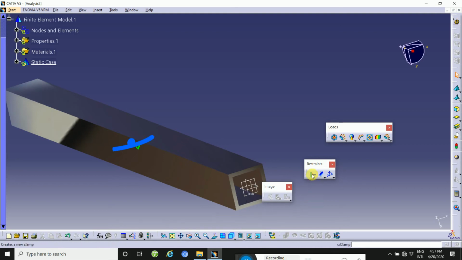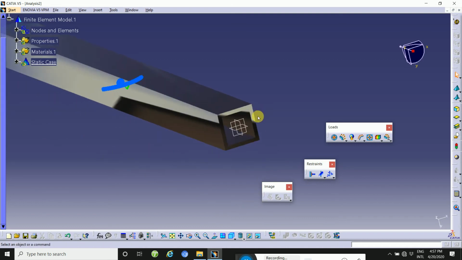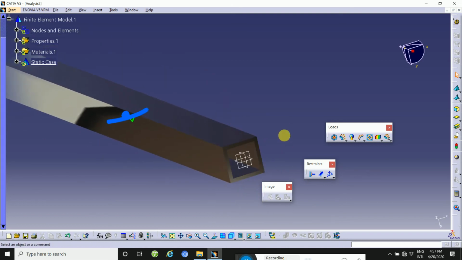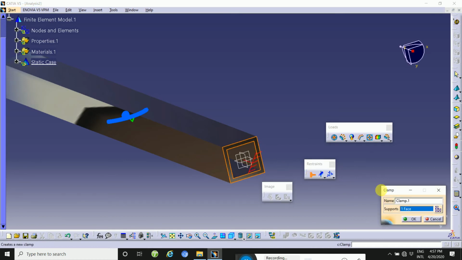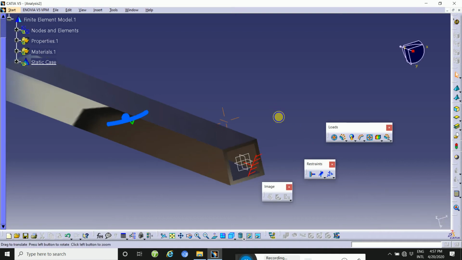First you select where you apply it, the inside here. First you select the edge, and then apply this.